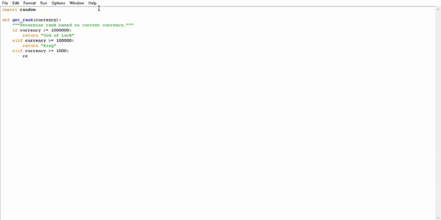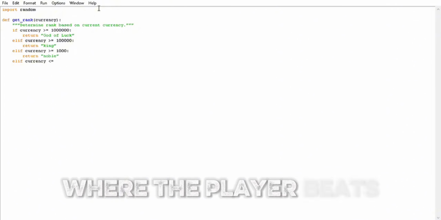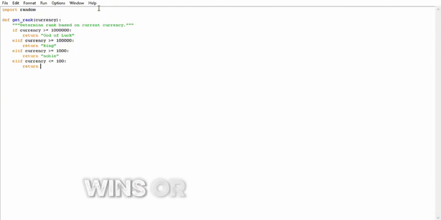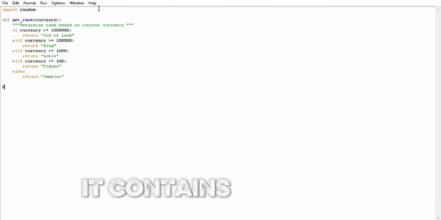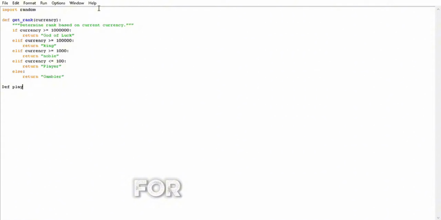Second, play session. This is the main part of the game where the player wins or loses money, and where debt is calculated. It contains the logic for checking if the player wins or loses and updates their total balance.